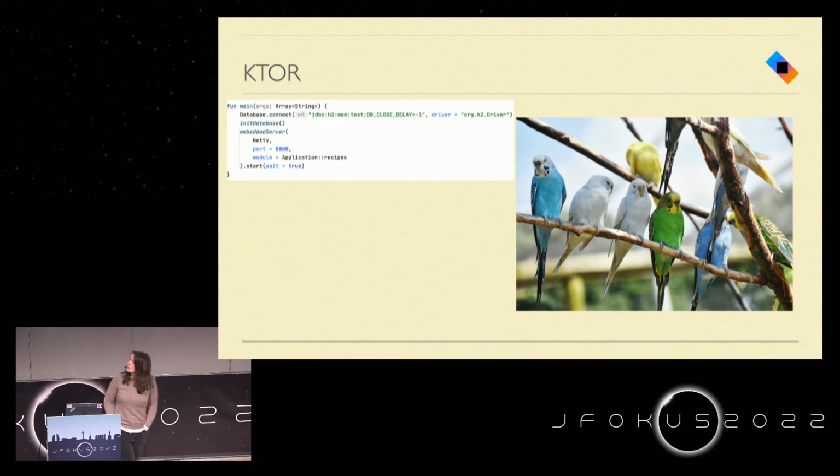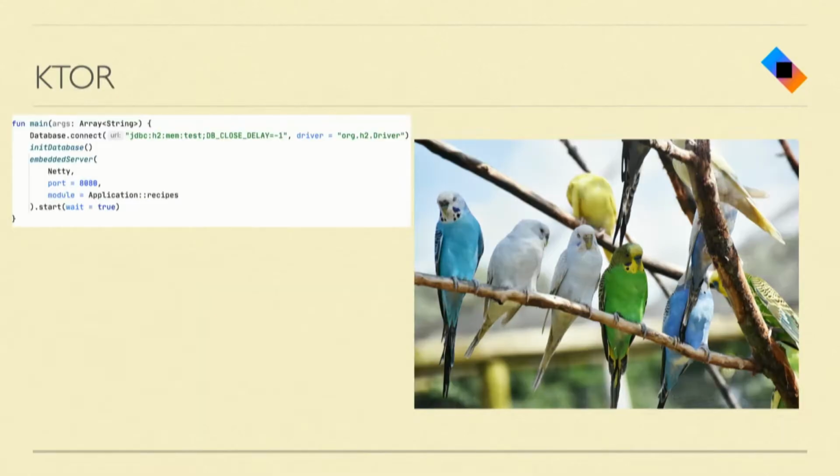This is how a code snippet would look. I hope it's big enough on the screen. This is how the main function will look. So it's different from Spring Boot applications, where you only have a very small main function and then the annotation will do it for you. In that main function you can initialize your database and of course tell which application server you want it to run on, which in this example is Netty.